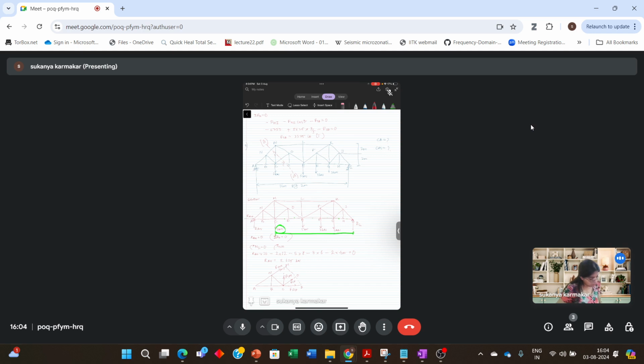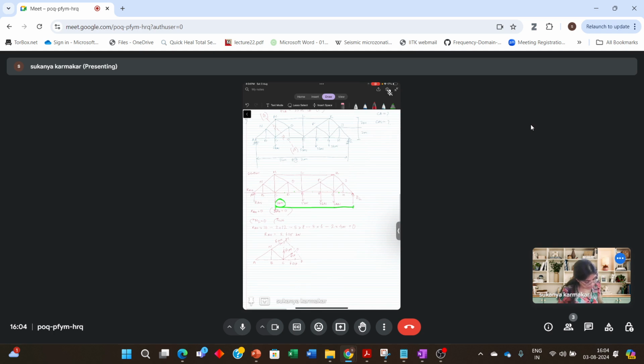For calculating FCD, okay, so how many unknown forces are there? You are cutting 1, 2, 3, and 4 members. So 4 unknown member forces plus this reaction RAB, which you have found. Okay, this you have found. So how will you do it? You can take the moment about point A. Then FNM will disappear. FCD will disappear. You have FCM